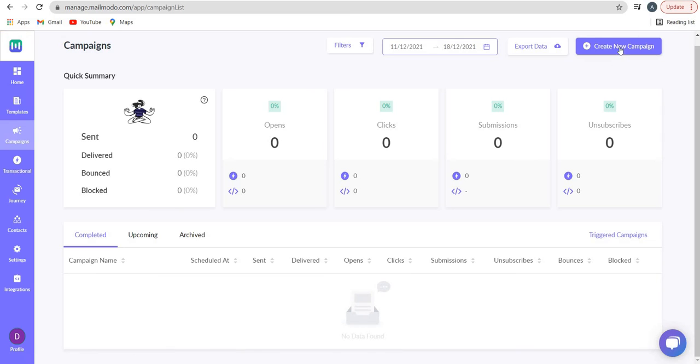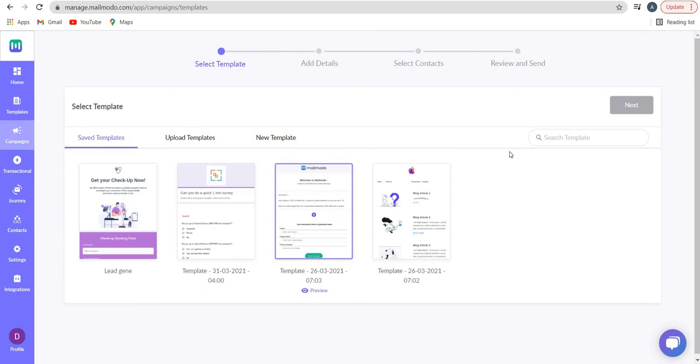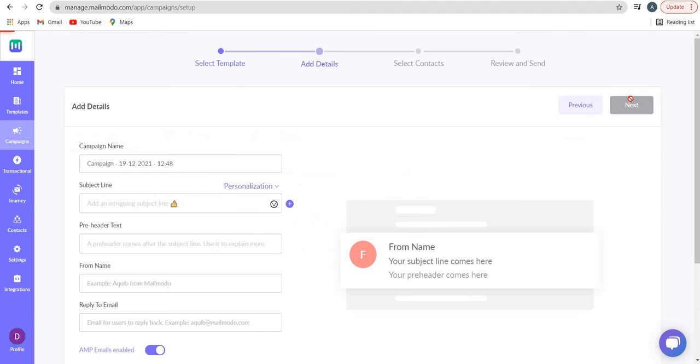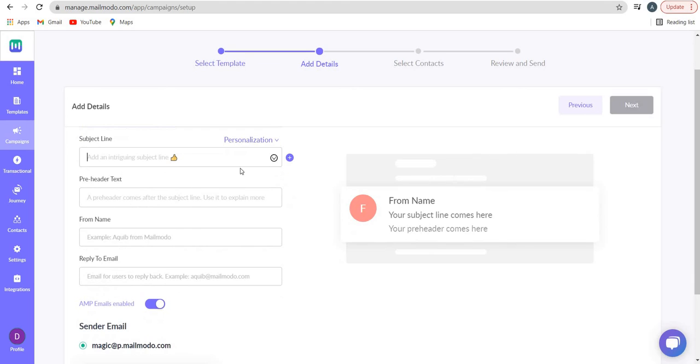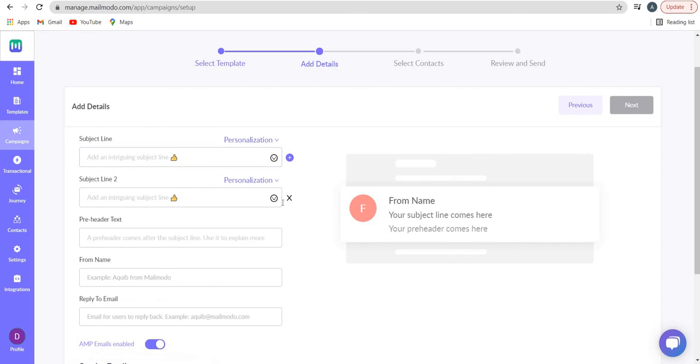Now here you can create a campaign. You just have to create a new campaign and then select the template. Let's say I'm going to select this one and click on next. And you'll have to put in the campaign name. You have to put in the subject line. What's interesting is that here you can click on the plus symbol, and you can